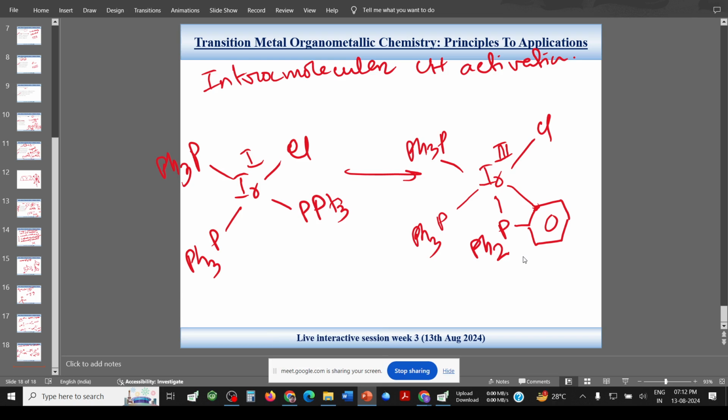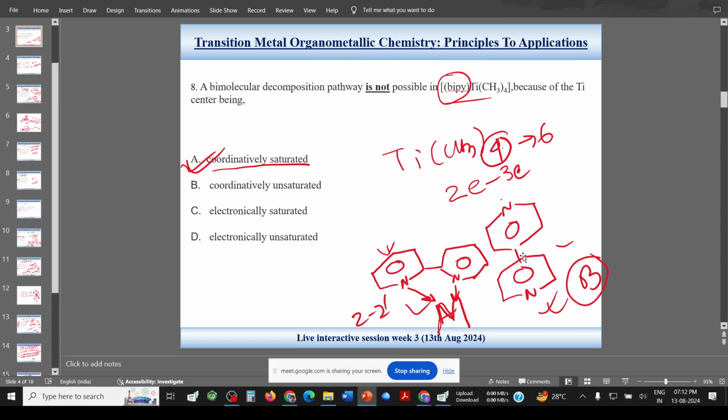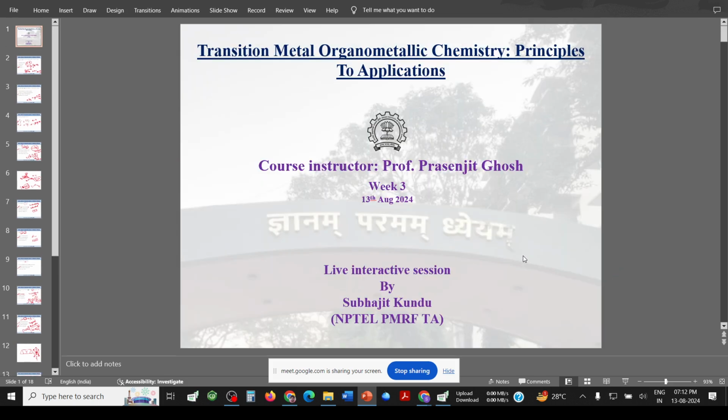Do you need any other kind of help which I can give, instead of doing this question solving? This session is mainly to help the students who have done the registration and to clear their doubts. So if you have any other doubt regarding chemistry, not only this course but mainly this course, this is a doubt clearing session. If you have any doubt regarding the course content, or where to read and how much to read,